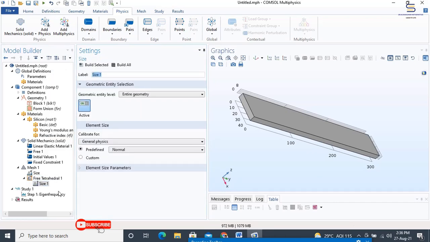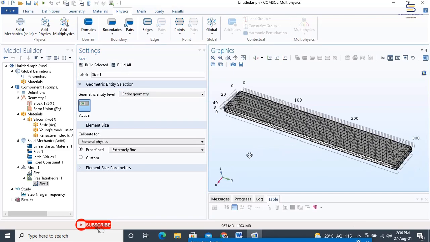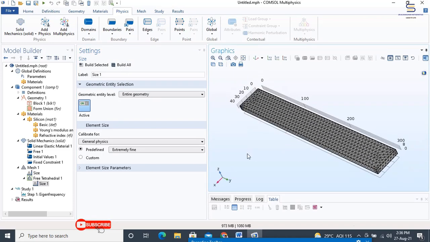In the size settings, there is a predefined normal as the element size. Change it into extremely fine, following which you have to build the mesh. By simply clicking build all, you will build the entire mesh as can be seen in the graphical window.